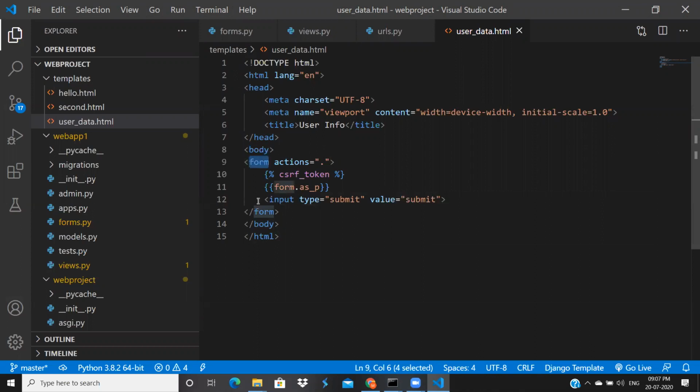Inside body, I'm keeping one form class. Inside this form, we have the CSRF token. I will explain this in later sessions. As of now, I don't want to make it complex. This I already told, right? Jinja2 template code, where this means there's a form as a variable. I kept this as p. We have different things here. We can use form as a table.